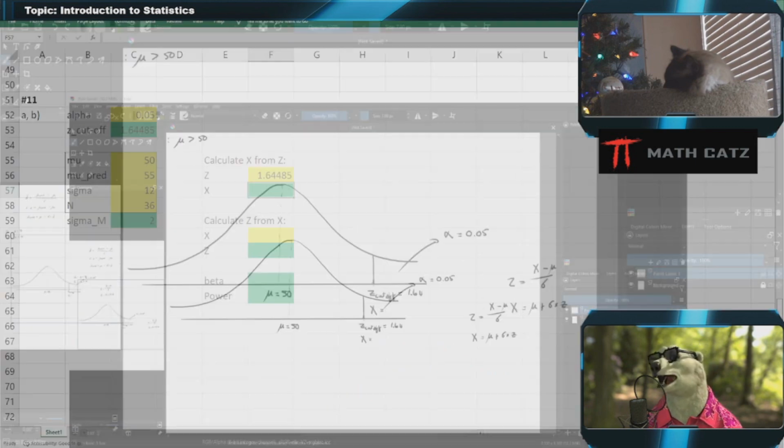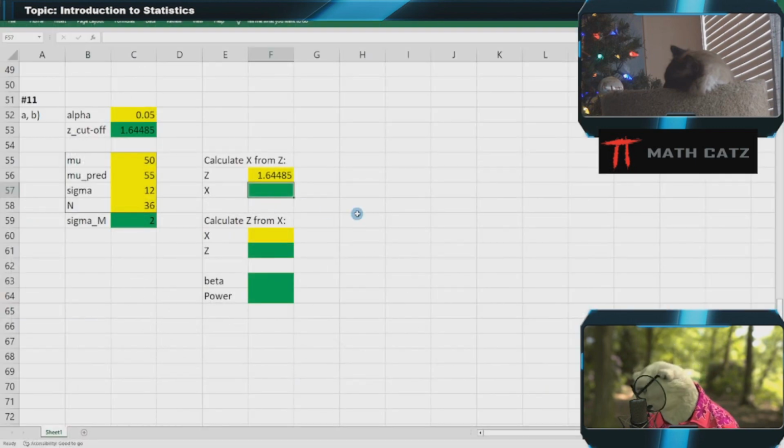Mu plus sigma times the z-score. I'm going to calculate that. Mu plus, let's just double check here. Although, remember, it is the sigma of the distribution, which is this 2, times the z-score. And we get